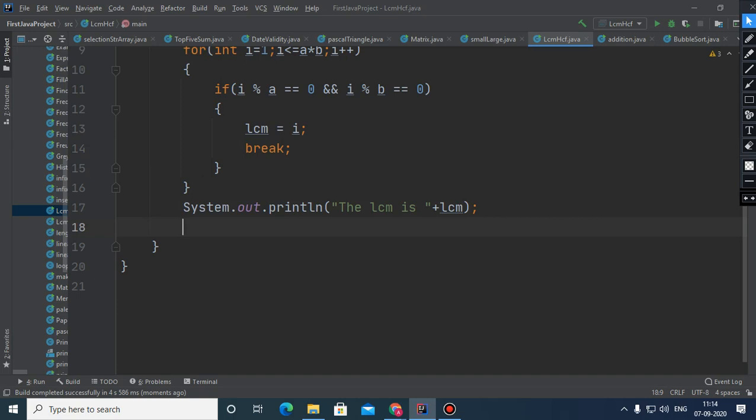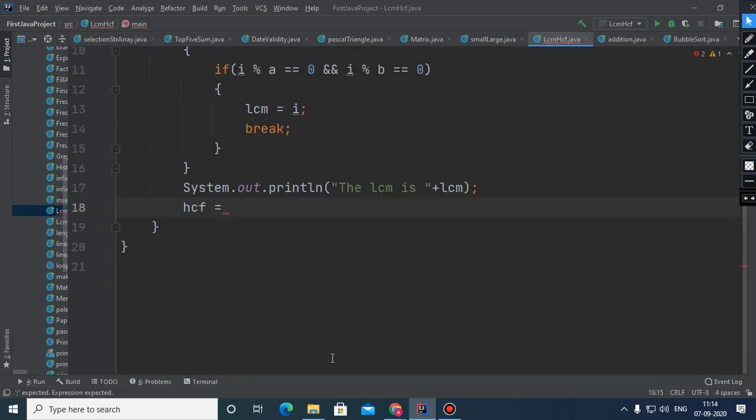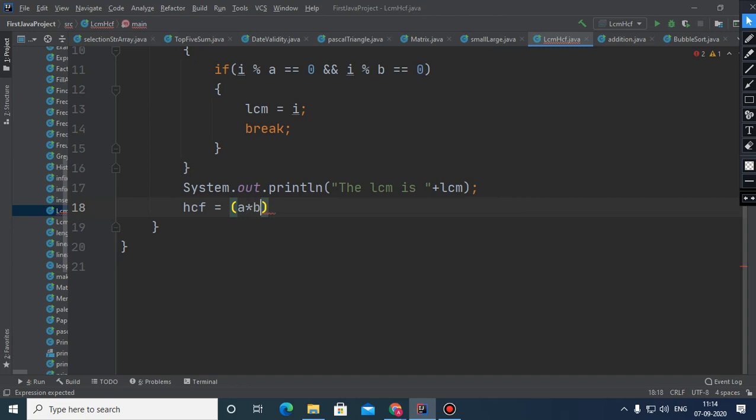HCF in the same way means this HCF is equal to the product of both the numbers divided by the LCM. Children, what is this formula?